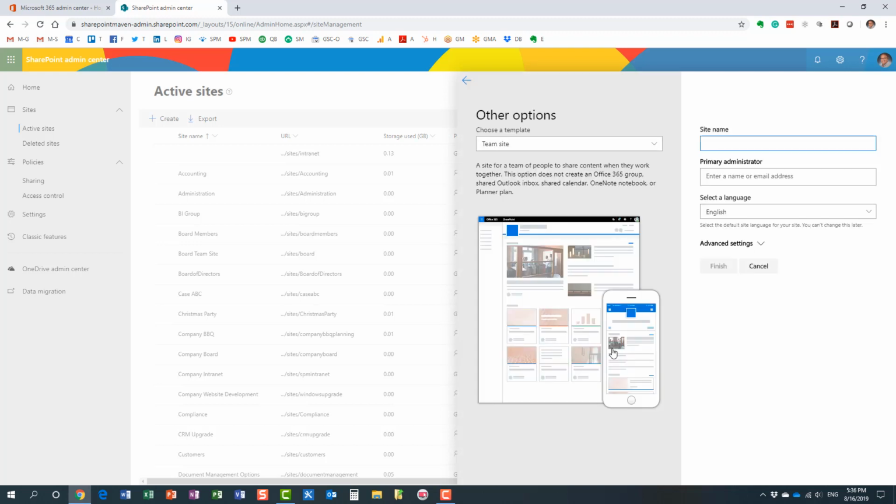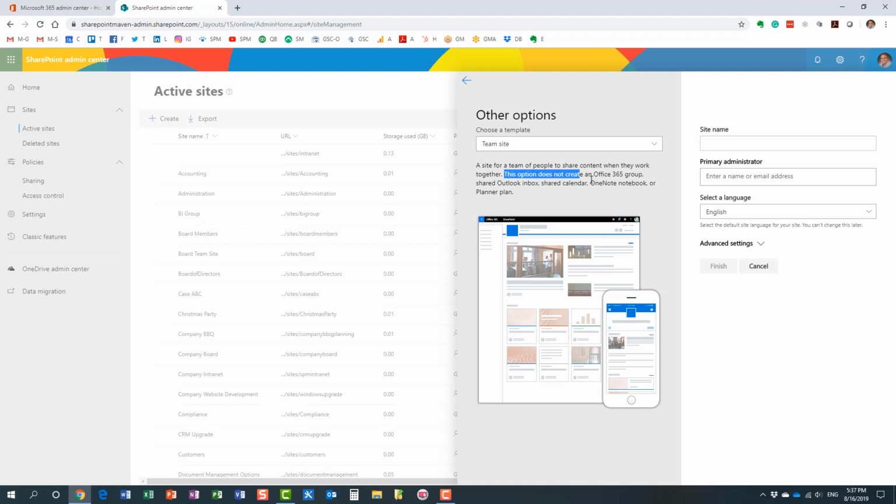So if I click that, here's the third type of site I wanted to show you. And it's also called team site, so it's a bit misleading, because the other site that I just showed you was also called the team site. But if you read over here, it actually tells you this type of site